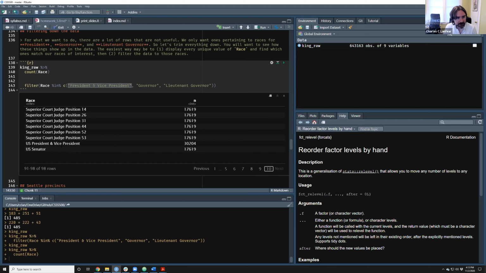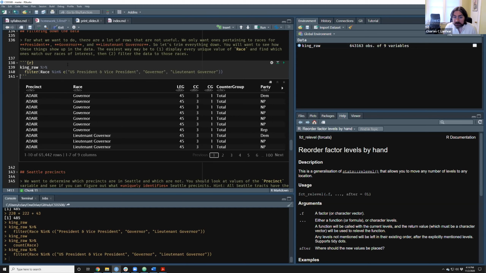There's our issue. It's US president and vice president. So if I just put US in front of there, that should give us the rows that we want. You notice the way that I figured out how to do it. If this was a fresh data set to me and I knew I wanted governor, lieutenant governor, and US president, vice president, I would just display all the unique values of race and go down and find them, pull them out, paste them in here, and then filter down to those rows. So if I go ahead and do that,